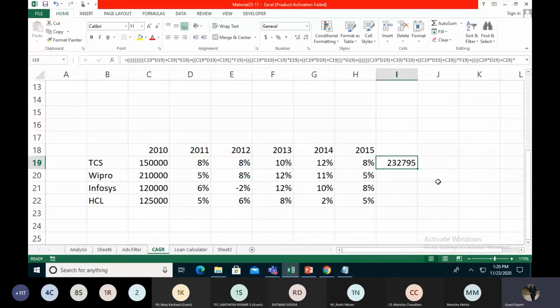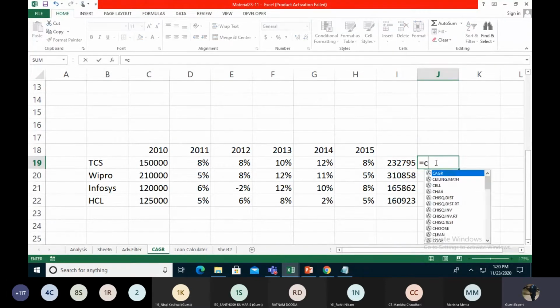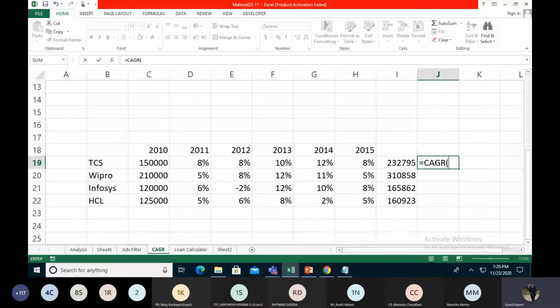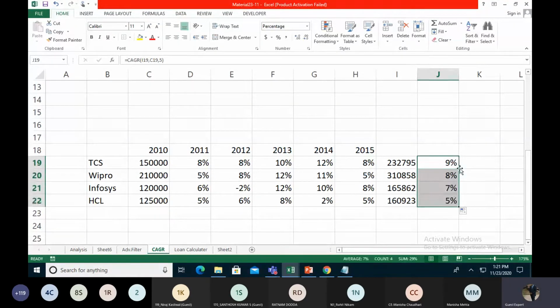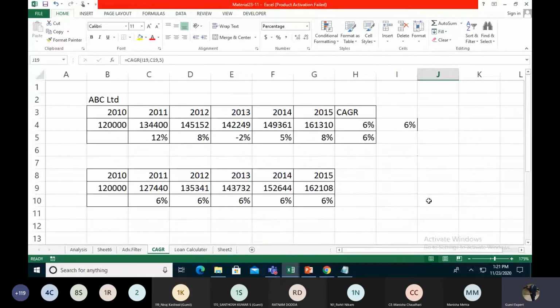We just drag it out. We simply use our formula CAGR, where the closing balance, comma, opening balance, comma, we are taking the 5 years for checking any company's data for the CAGR purpose. The CAGR is 9%, 8%, 7%, 5%. So in HCL, they're growing at 5%, but we are not investing because our criteria is 8% and more. So Infosys and HCL, we are not investing, but we are investing in Wipro and TCS. So that's what we call the compound annual growth rate.